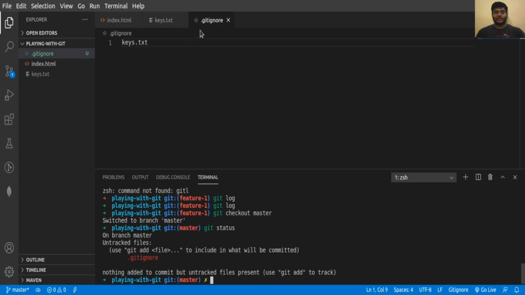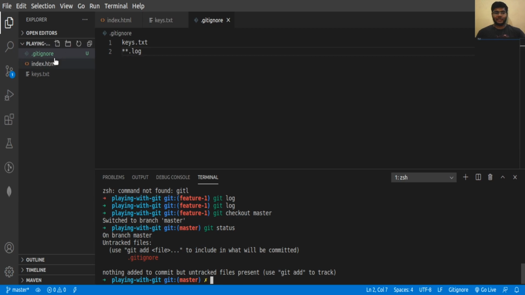In the .gitignore file, you can also use patterns. Suppose there are log files in your project and you don't want to commit them, so you can write *.log. If you use *.log, it will ignore all the files that have the extension .log. Okay, so this is about ignoring files.